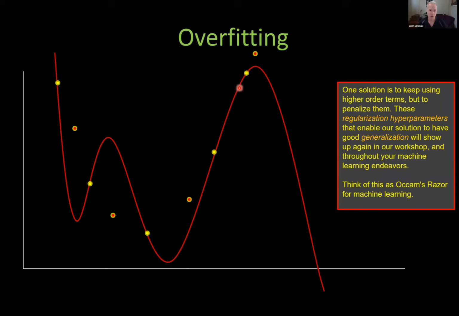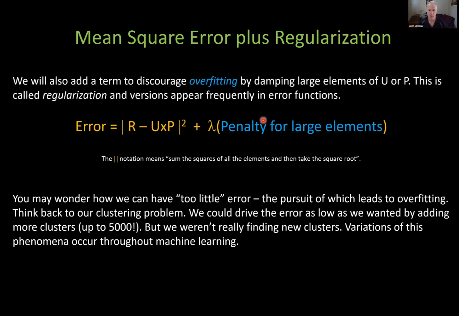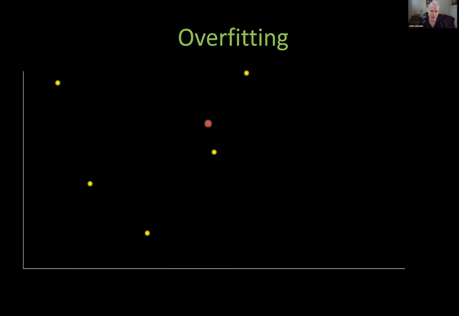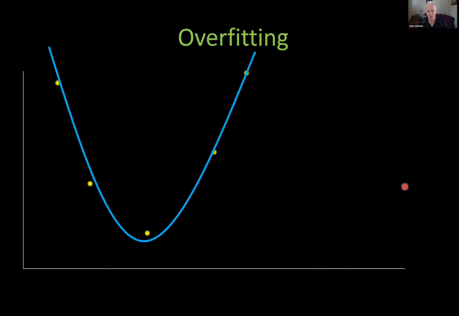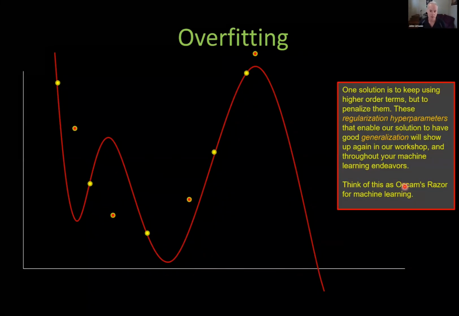In this case here, I said we might want to penalize higher order curves. In our movie case here, what we want to do is penalize large elements. So this is our regularization parameter here, this lambda. So again, anytime you're in machine learning and you're thinking about overfitting, I think this is maybe a good touchstone. Come back to this example in your head and think, yeah, I kind of get this. I get that driving error to 0 is going to come with a cost. So this is going to help our problem to generalize well.